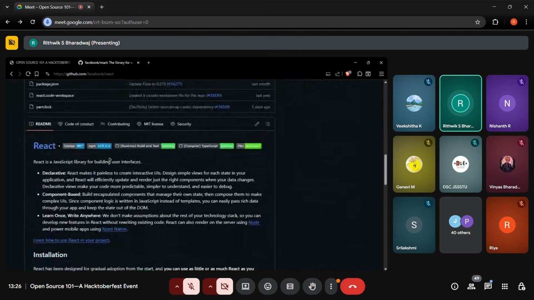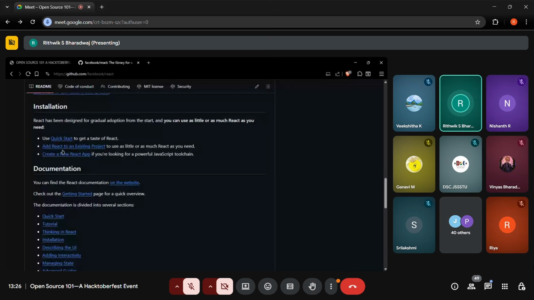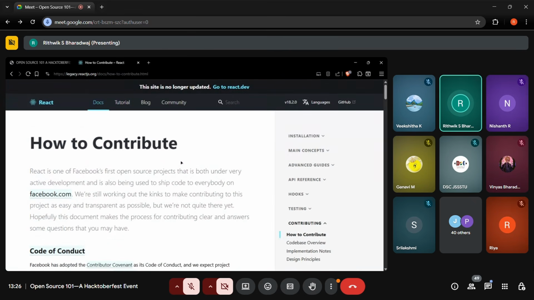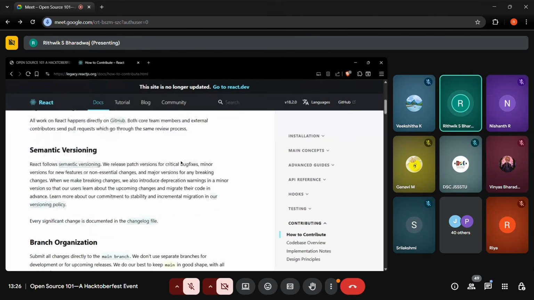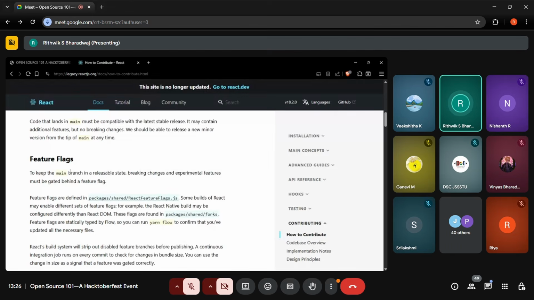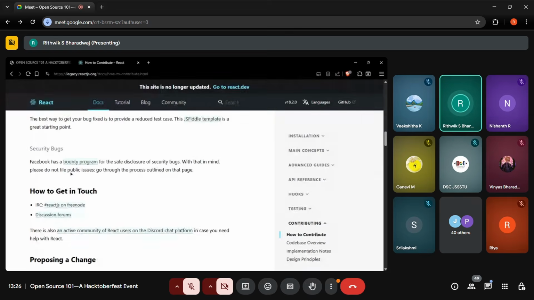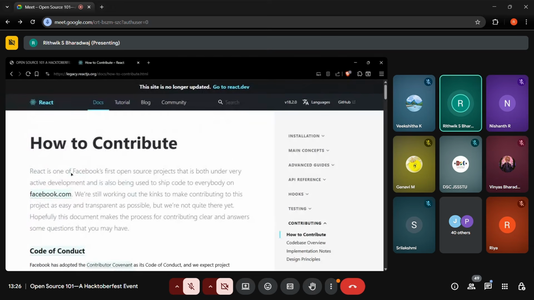And if I scroll down in the README file itself, under documentation, you'll find something called a contributing guide. If you open this contributing guide, you have a very detailed file as to how to contribute, how to find the best bugs, and what is the overall procedure for documenting your contribution. This is some really useful stuff that you will find on most open source pages. You'll find a how-to-contribute page given by the person who has made the repository.